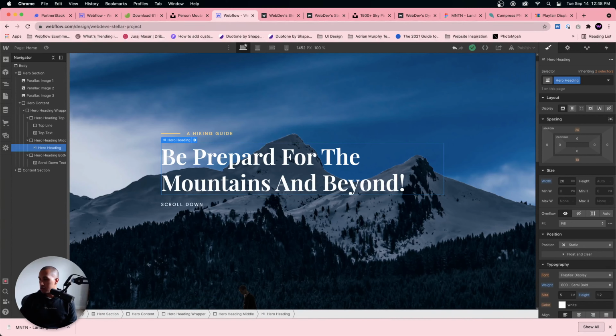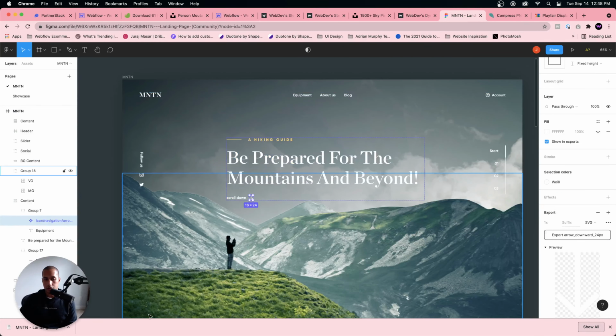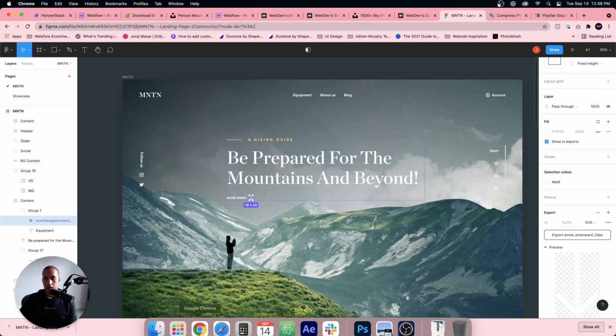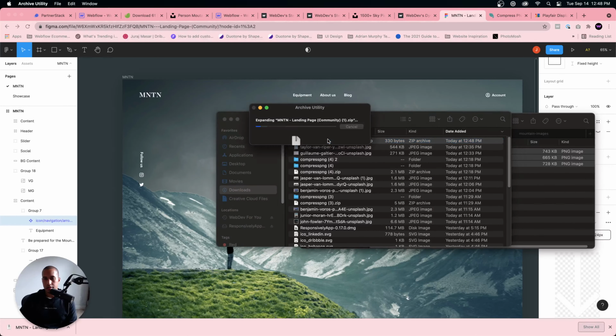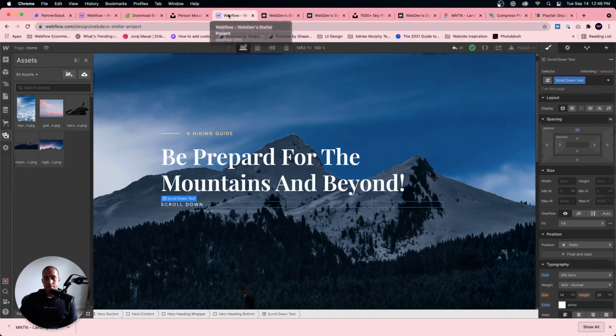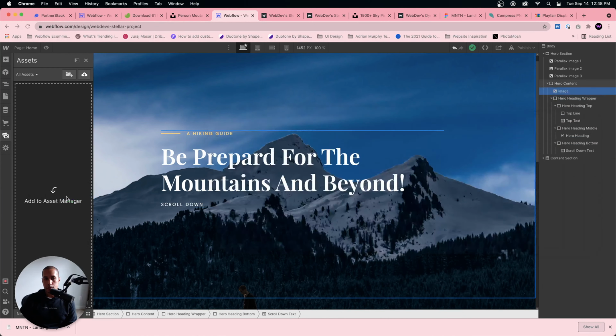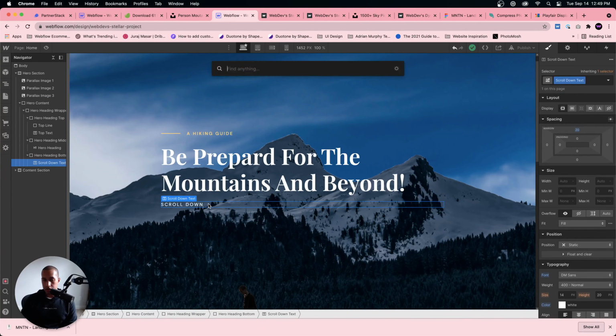And yeah. So let me go into the assets. And did it download? Where'd it go? Oh, it exported as a zip file. That's strange. Okay. Right in here. Okay, we have the arrow, so I'm just going to go in here and into the hero heading and add,